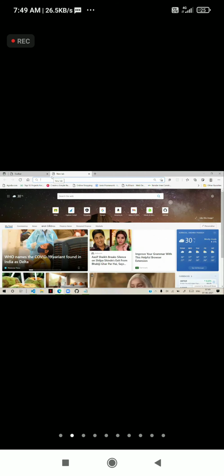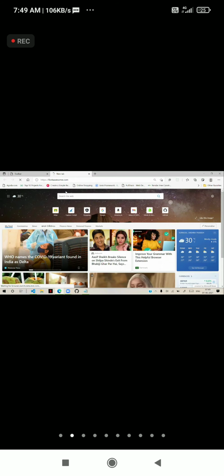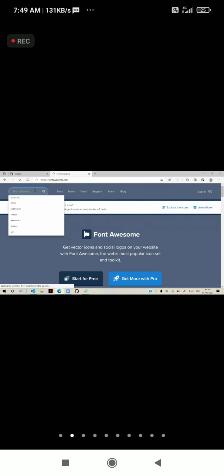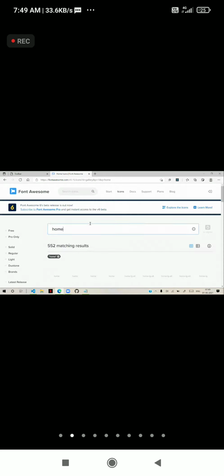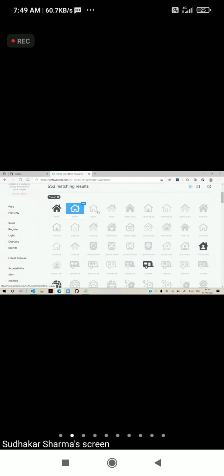Currently all these symbols that we are using are Font Awesome. When we searched for any symbol, the home symbol came, and this is the free symbol provided by them. Only a few symbols are free; others are paid.